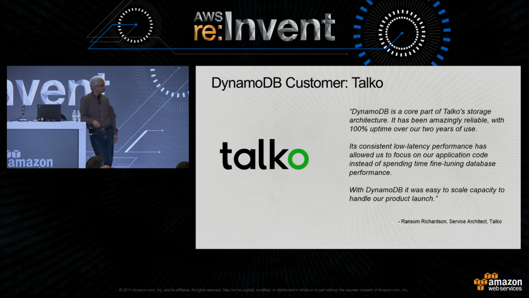And here's one of my favorite customers. This is a startup which was started by Ray Ozzie. Many of you probably know Ray. He's the guy who started Lotus Notes back in the days. And he was the chief technology officer at Microsoft. After retiring from Microsoft, when he started his company, he built it on DynamoDB and AWS. And it's really exciting to see customers when they love your product. And these guys, for 2 years, have had 100% uptime. They don't spend any time scaling their database, and it just is available for them all the time. And we have many customers like that.